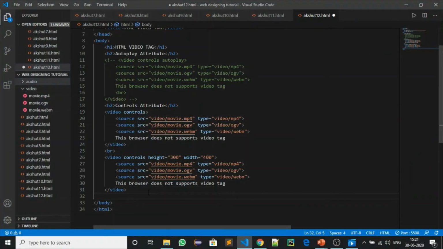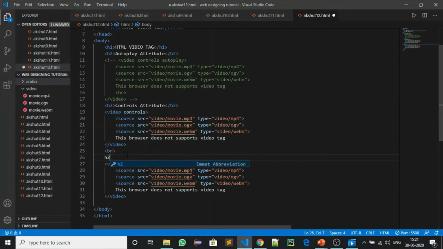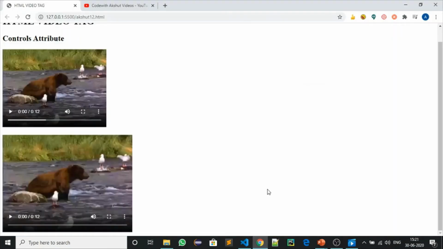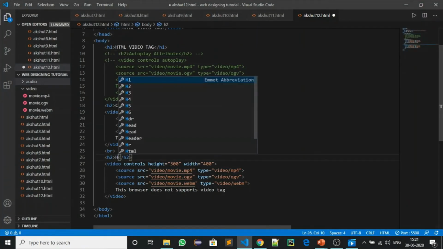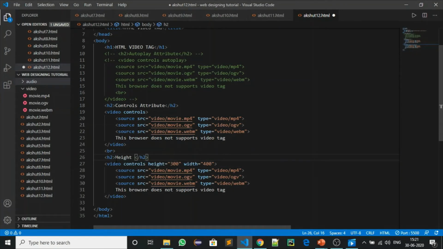Wait, I have not put this h2. I also have to do it. I will also comment it. Let me first go on the browser and check if it is good or not. Now in the h2 before one, sorry, I forgot it also, I will write the height and width attribute here.